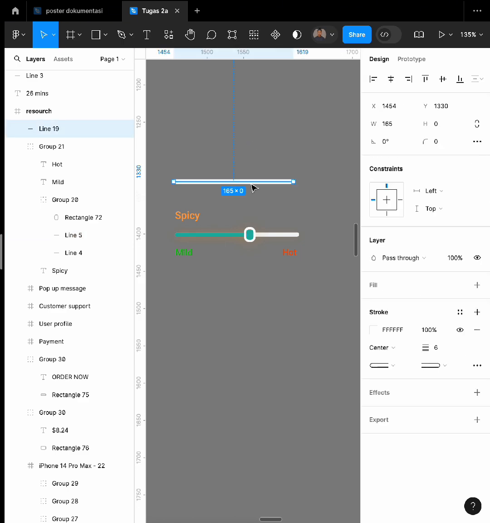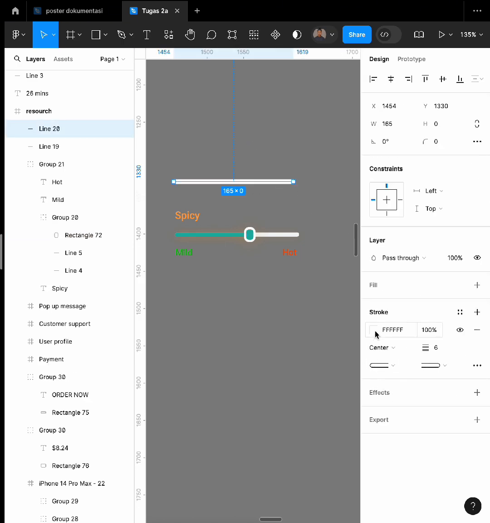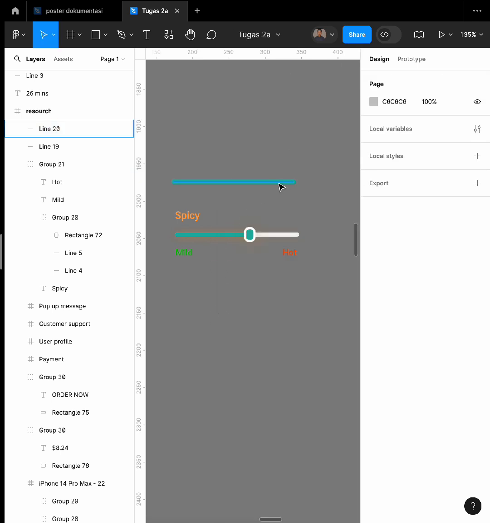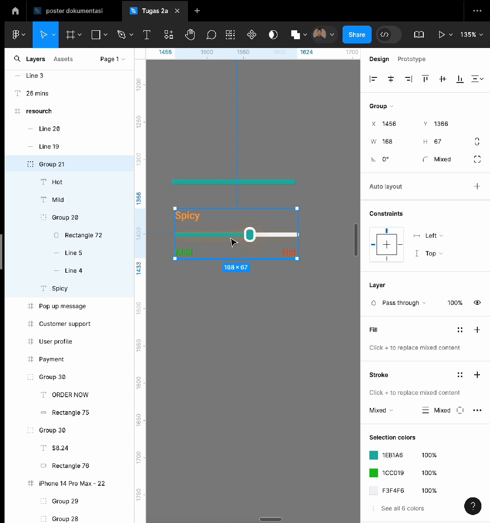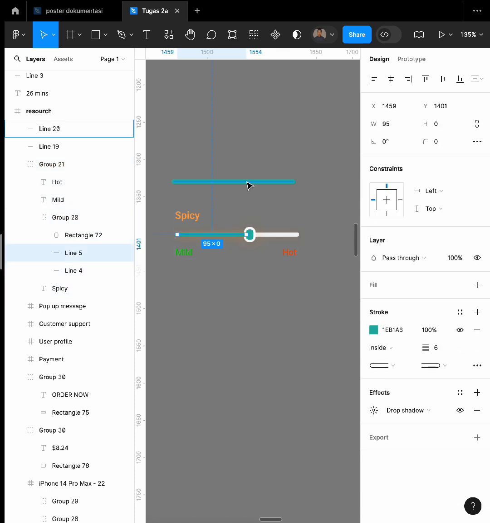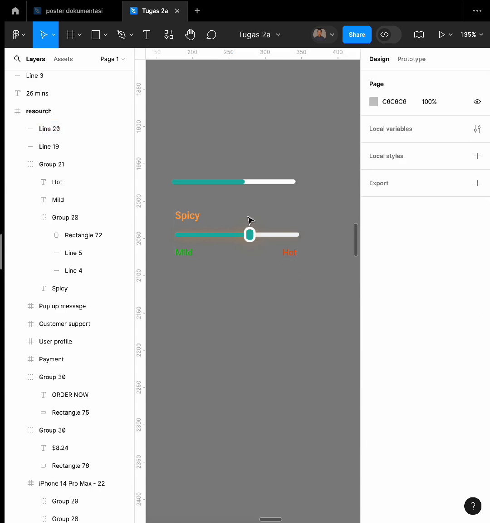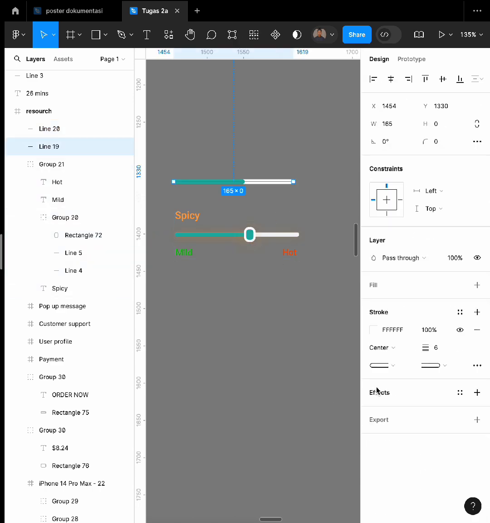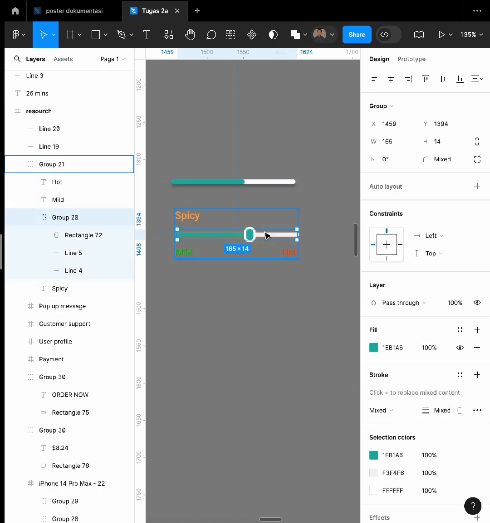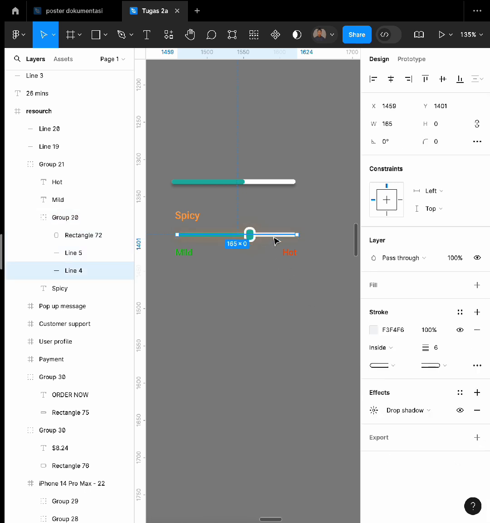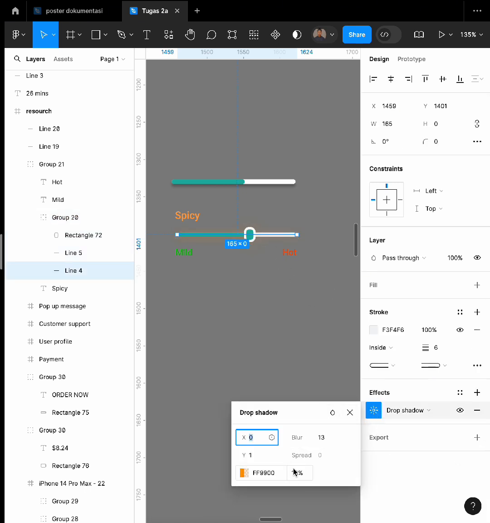and duplicate it and change the color to the green, and make it for 95, like this, and then add some effect, drop shadow, and 13 and 18.